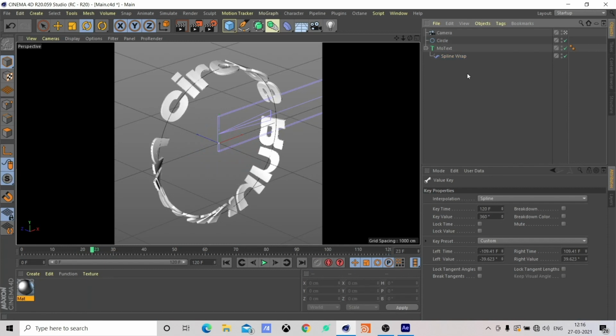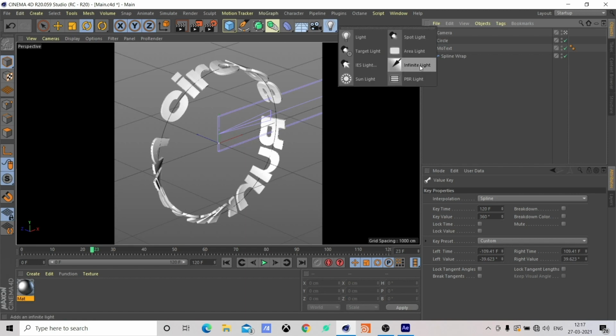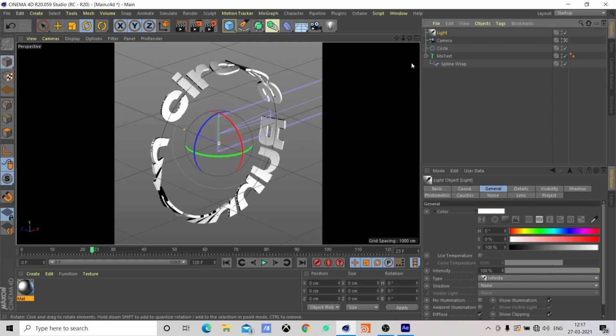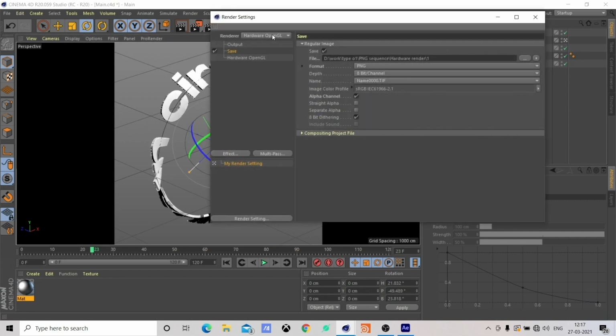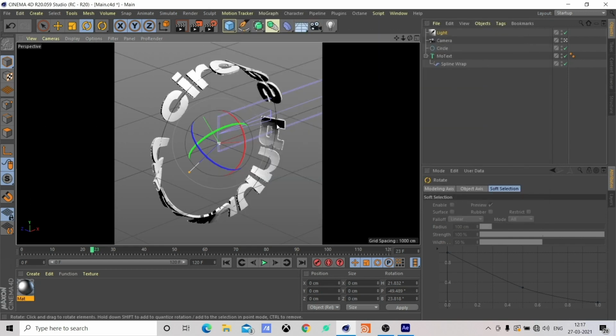Okay, now we want to do the lighting and texturing. So I'm going to keep the lighting a little simpler for now, and I use the same lighting settings when I render it with Octane. So I'm going to just use one light source, which in this case will be the infinite light. Click on R, and you can just set up the light in a way you want to. Change the render to standard. Okay, now yeah, I think this works for me.